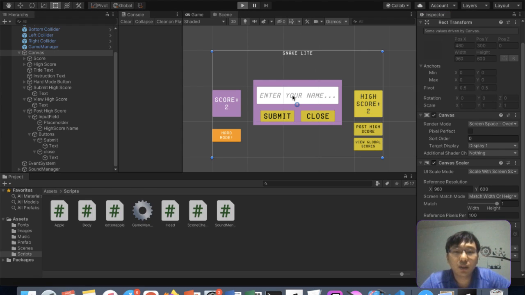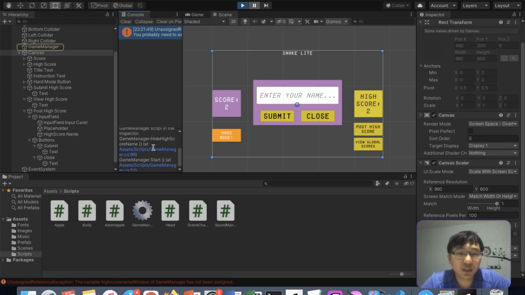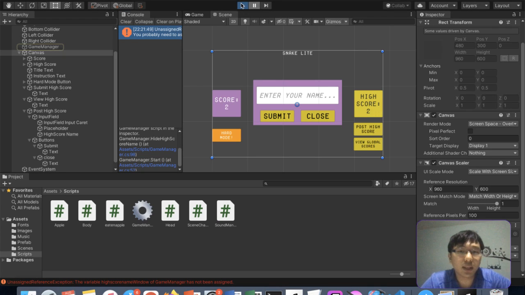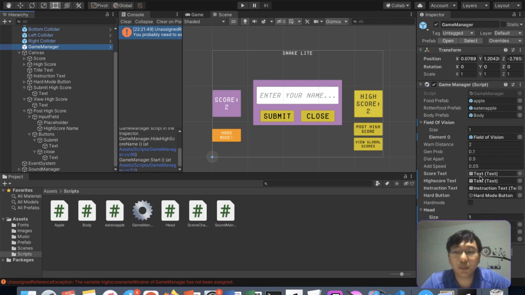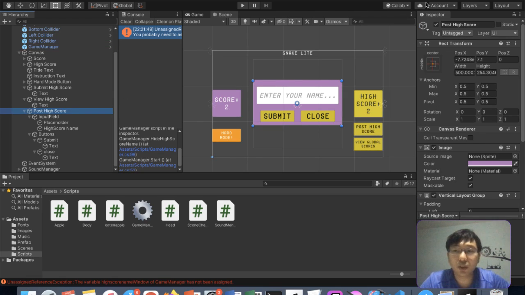Let's try. So now my high score is unassigned reference. Okay, we forgot to assign it to high score. Sorry, we forgot to assign the components over to the game manager itself. So the high score window is not assigned yet. Let us assign it now. The high score window is here. Okay, maybe I just call this high score window